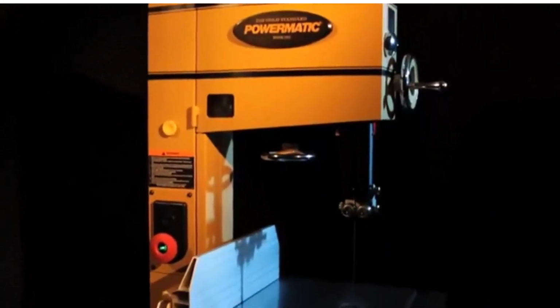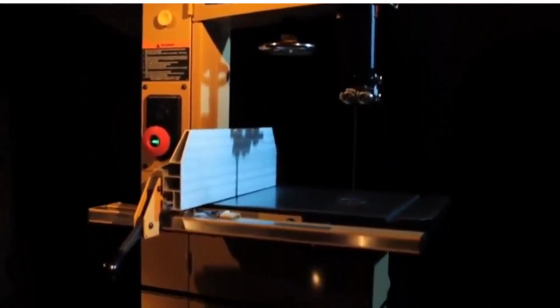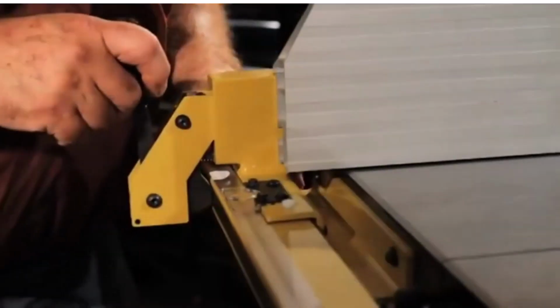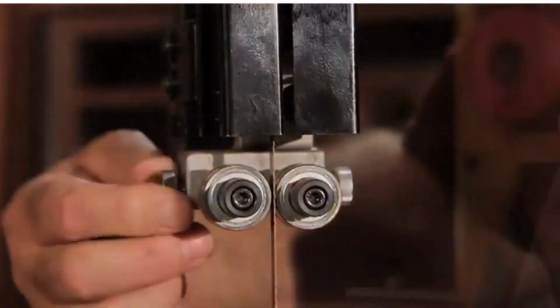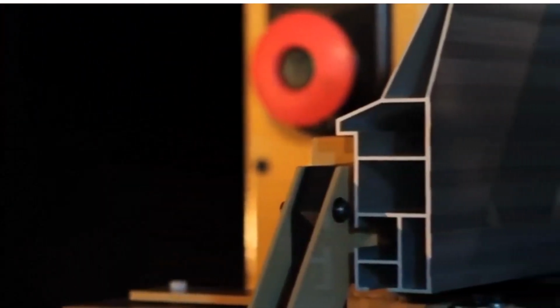Powermatic's exclusive T-square style fence system ensures maximum accuracy and safety when using the bandsaw. The upper and lower 15-inch wheels are made of solid cast iron, which helps create the momentum needed for heavy-duty resawing projects. If you need to stop the saw in case of an emergency,